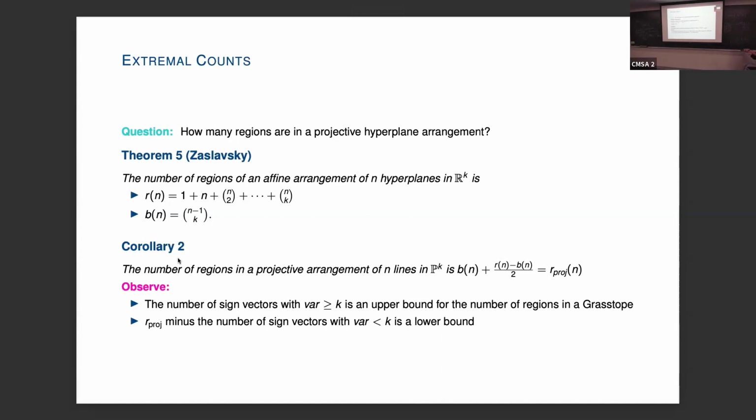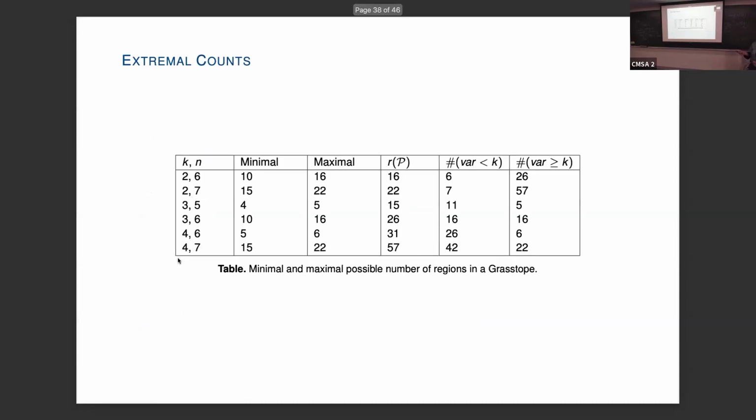So once we have these naive bounds, we might ask if these bounds are actually attained. And so we gathered some preliminary data answering this question for some k and n. So we used a database of oriented matroids of rank k on n elements. And then what we did was we looked at each of these